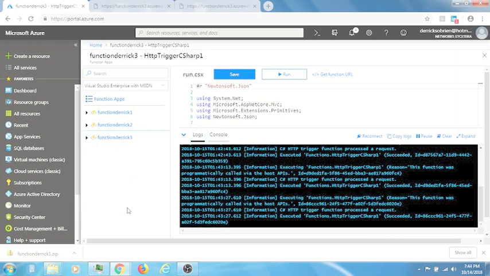In this video, we saw some examples of an Azure Function application and how it can be used in serverless computing. Next up, we will look at some use cases